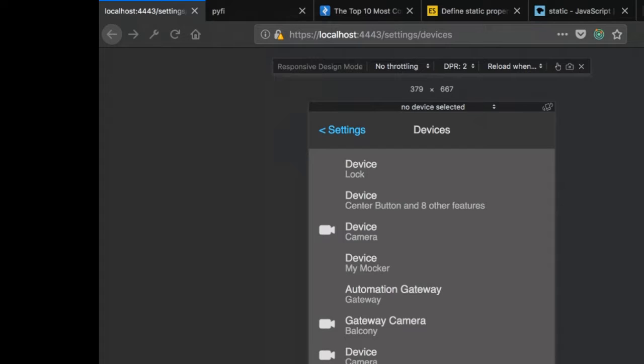So this is our main route for this screen, but we also have a route for drilling down into a device and showing the device details screen component. And then the last route is just kind of a catch-all,